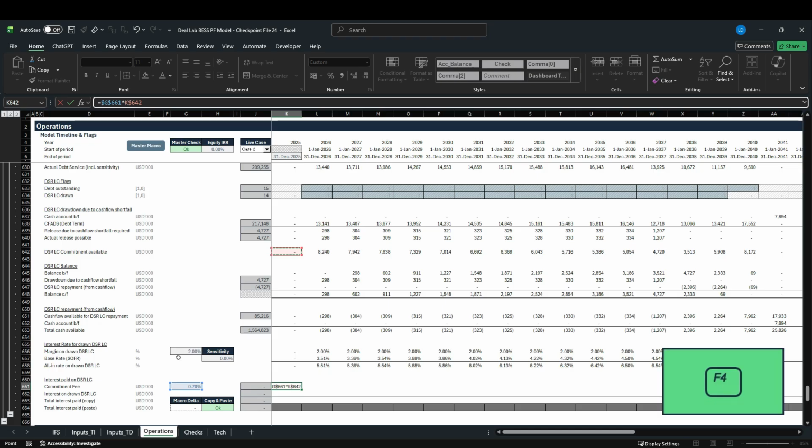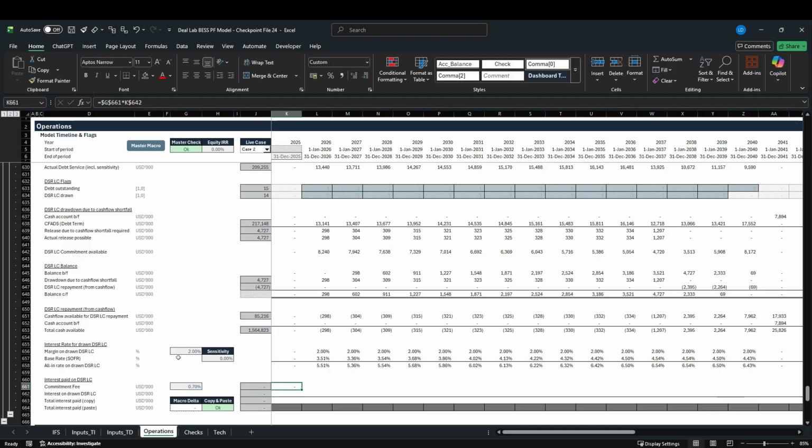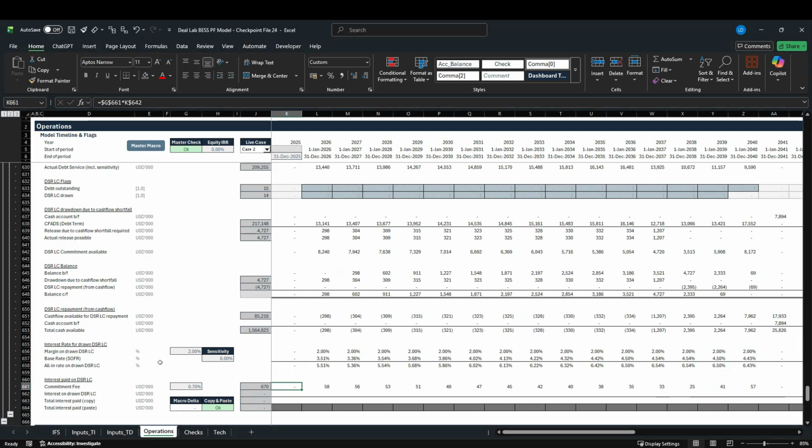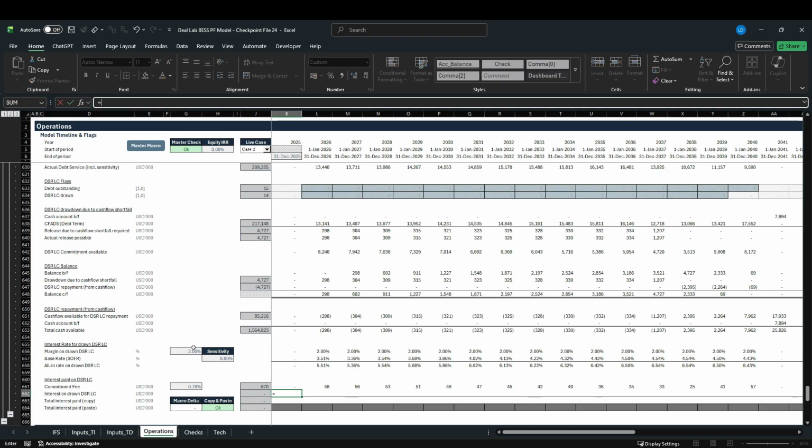Hit F4 1, 2 times, drag it over, Control R. So we basically pay $670,000 in commitment fees over the full financing tenor, but then we'll also have to pay an interest on the drawn DSR-LC, which will be much more expensive. And that is going to equal to our balance brought forward, so our DSR-LC that has been drawn at the beginning of the period. Hit F4 1, 2 times